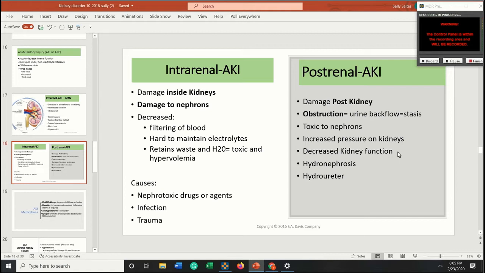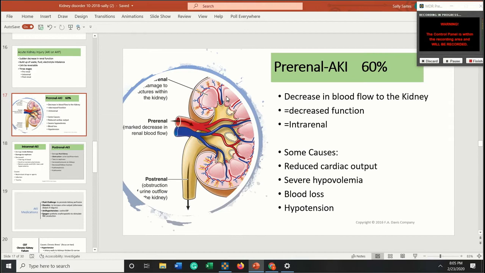They can all eventually, if left untreated, cause major damage within the kidney itself, causing all of the inflammation and stasis and structural damage and filtration damage that can be irreversible. So hopefully things get caught soon. So think about the patient that gets a lot of urinary tract infections. They're going to get some prolonged damage inside their kidney. And so the sooner that they can be diagnosed, the better.